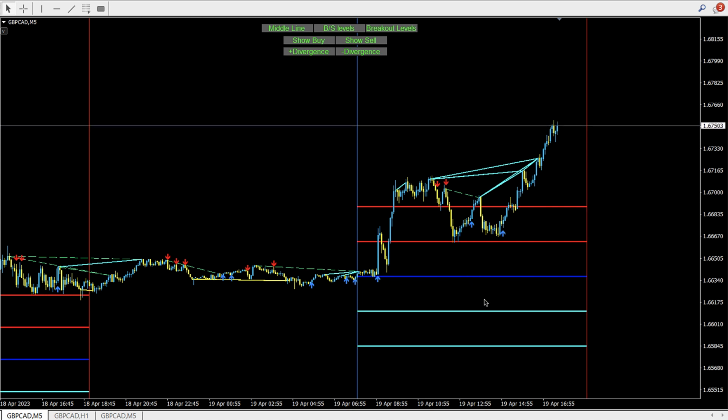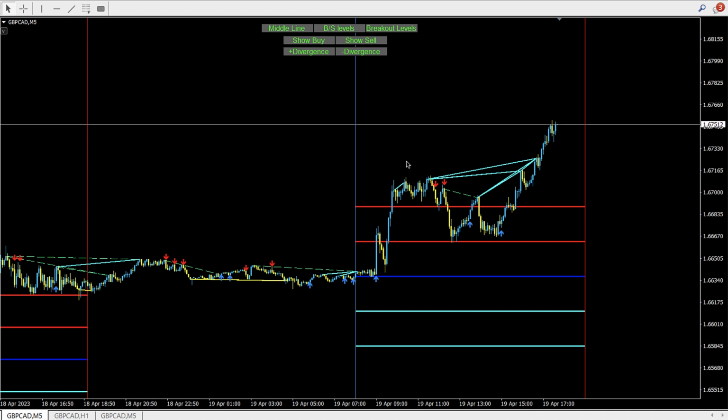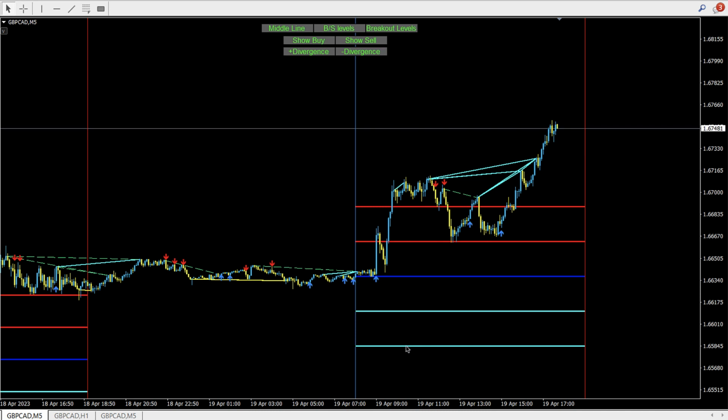So how does it work? On the Camarilla, you have the middle line, you have the line above it, which is the sell line, the line below it, which is the buy line, and then the top and the lower line, these are the buy breakout and the sell breakout. So as you can see, when there are signals that are confirmed by divergence near to one of these lines,